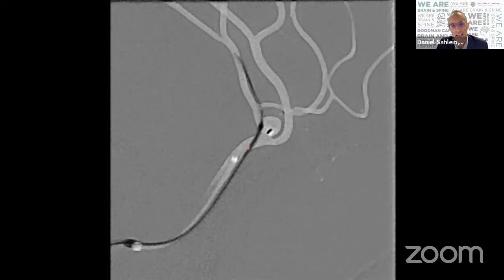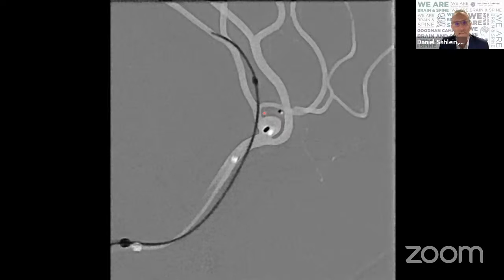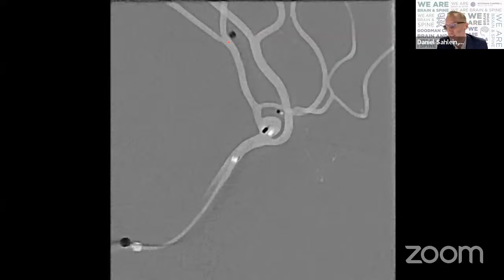So that's the wire access. And then notice that there's no ledge effect whatsoever. And so I can easily advance this system. Now, this not only makes my life easier, but as you'll see in just a moment, we have a microcatheter here in an artery that's close to the same size as the microcatheter. And so you might wonder, are we causing quite a bit of vasospasm here? Are we occlusive here? And in doing gentle catheterizations with the proper wires for the proper tools, notice